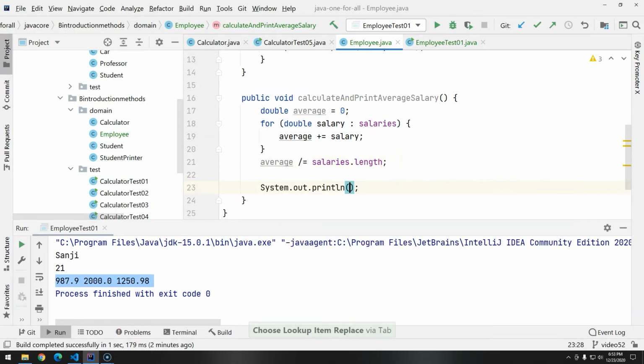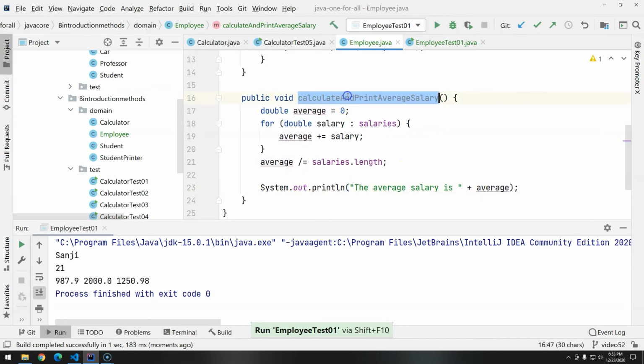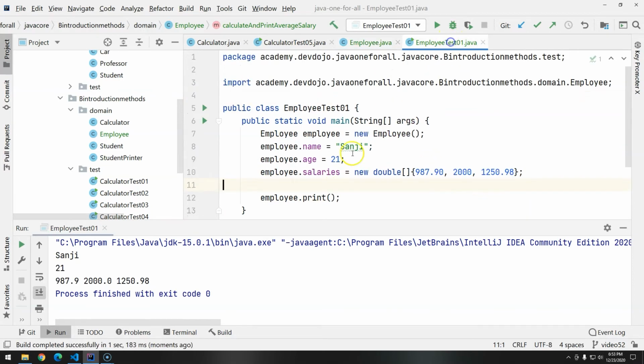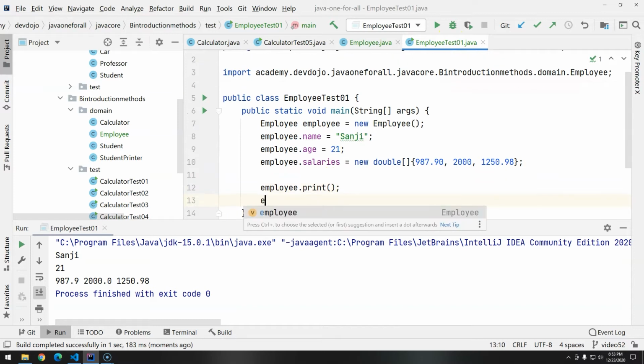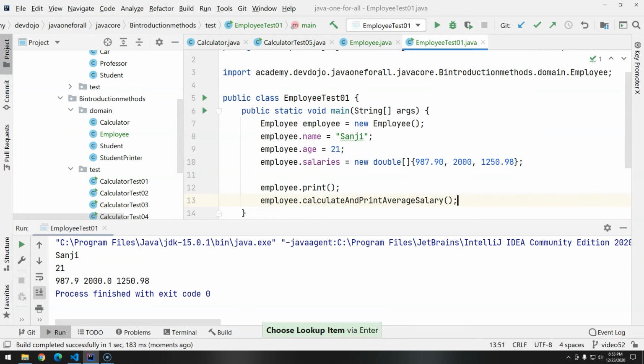And now sout, the average salary is plus average. Let's see, Shift F10, and of course we're not going to get anything because we didn't call. We could come back here and call employee dot calculate and print average salary. Control Shift F10,